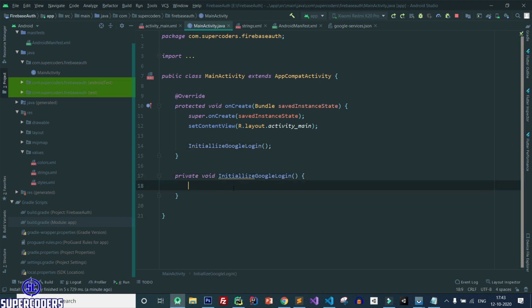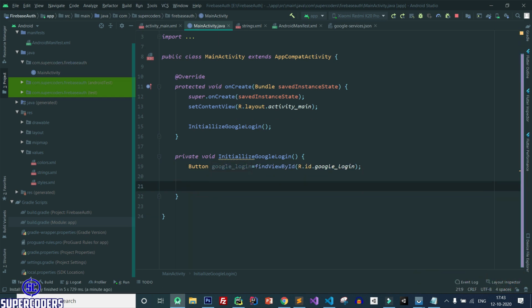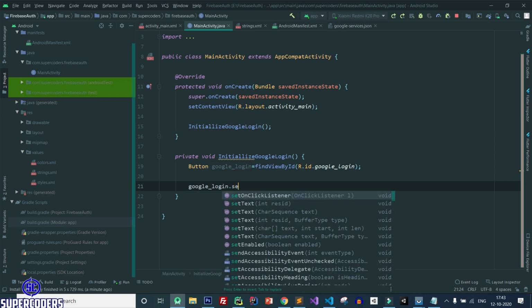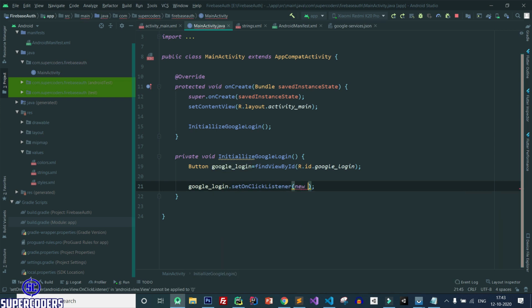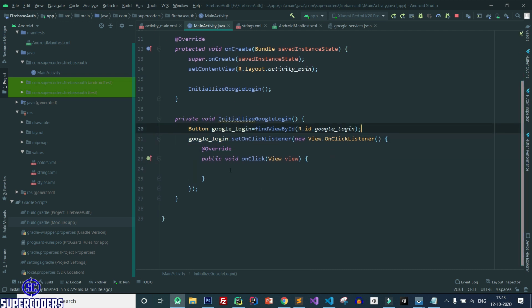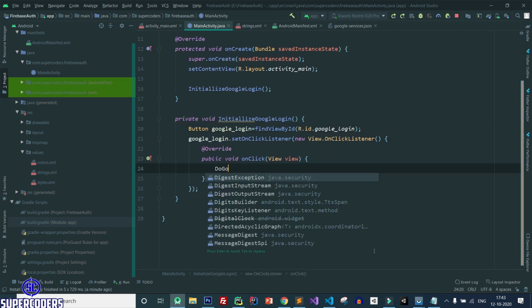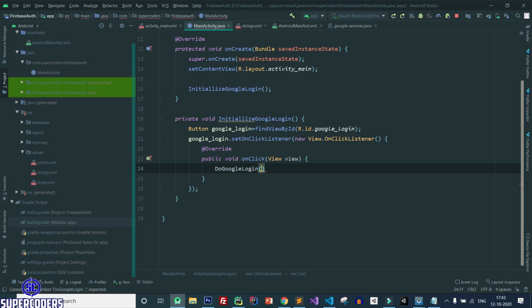So here I created the method. After that, button googleLogin equal to findViewById Google login, then googleLogin.setOnClickListener, new View.OnClickListener. After that doGoogleLogin. Let's create this method.